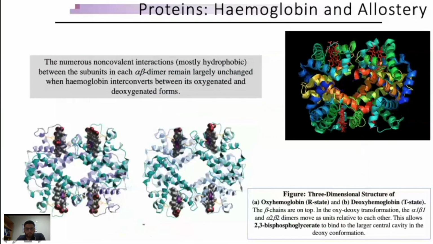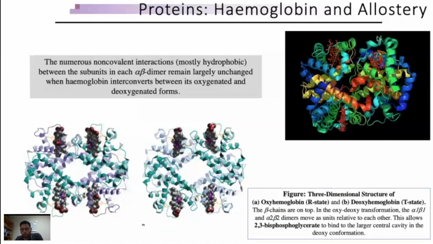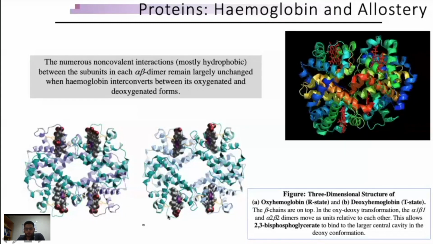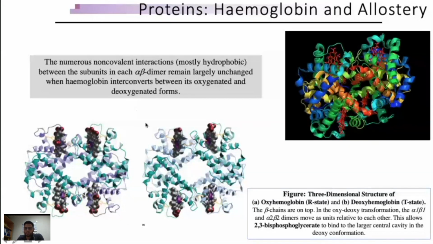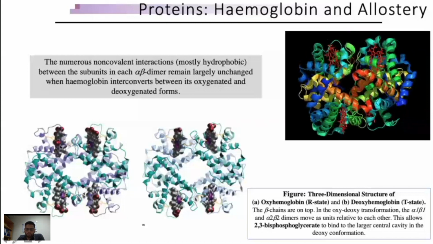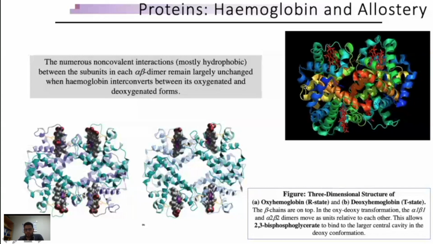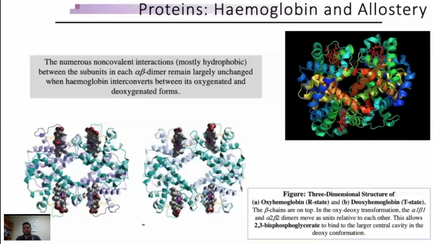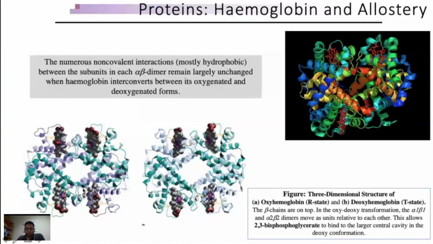functional. This is how hemoglobin looks when it is bound to oxygen and when it is not bound. This is a gif structure which shows the transition in between these two structures. Down there are two different structures shown here. One is the oxyhemoglobin structure, another one is the deoxyhemoglobin structure. By nomenclature, we say oxyhemoglobin is the R state, that means a relaxed state hemoglobin, and the one without oxygen is called the T state, that is a tense structure that is not bound with oxygen. In both of these structures, you could see the beta chain up and alpha chain down there.